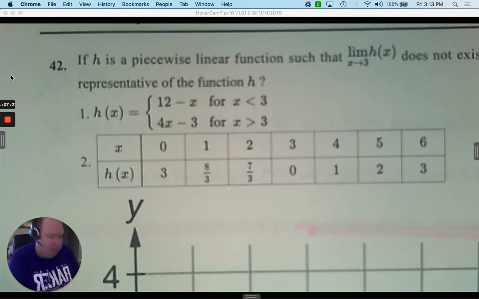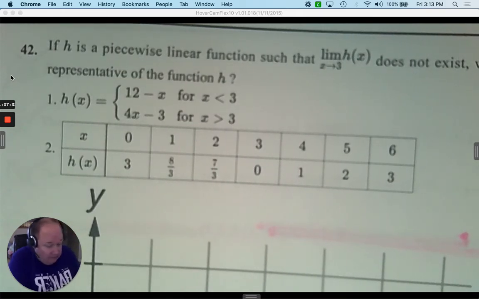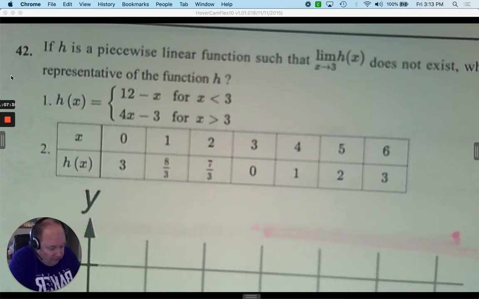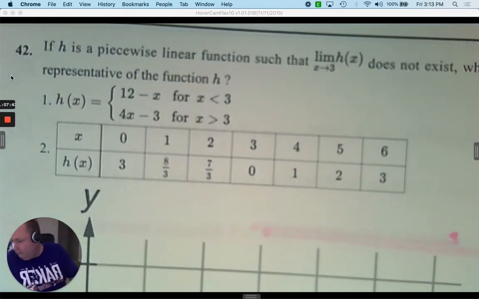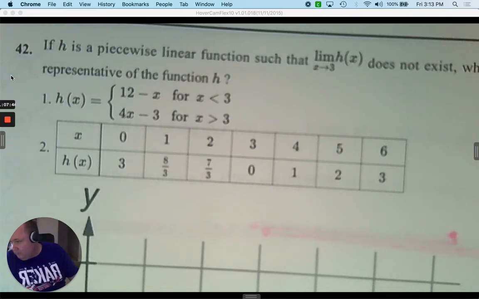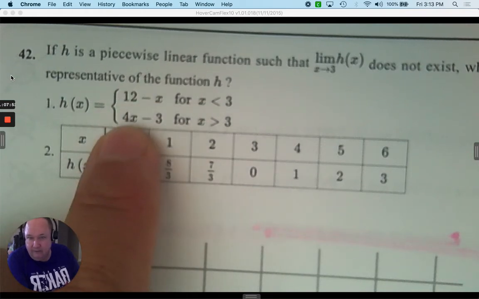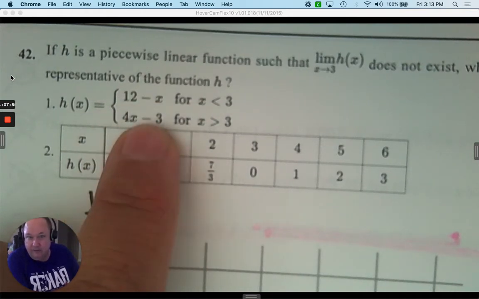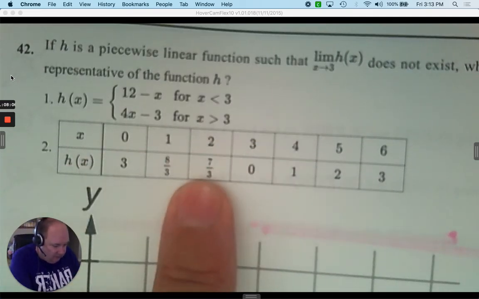Number 42. For number 42, h is a piecewise linear function, so that the limit as x approaches 3 doesn't exist. Which of the following could be representative of the function? So does the limit exist here? So 12 take away 3 is 9. 4 times 3 is 12. Take away 3 is 9. So that seems okay. This one, as x approaches 3 from the left and from the right,